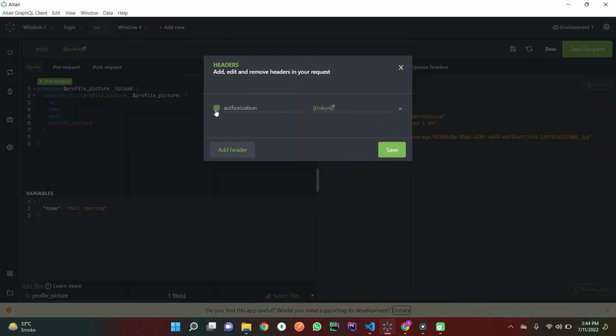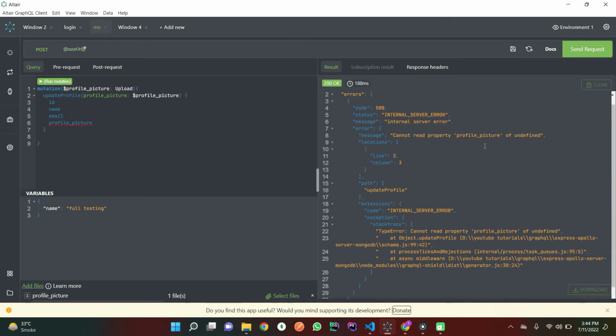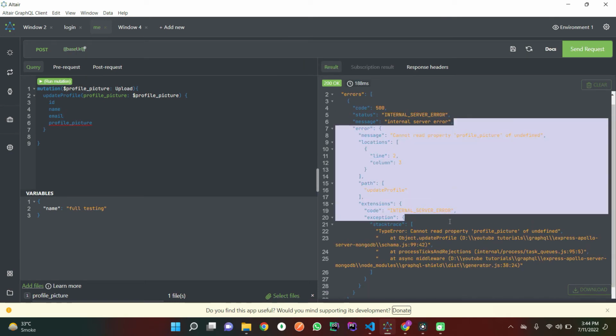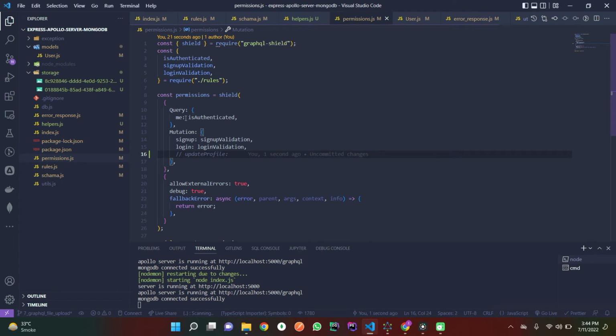If I comment out this header, then it will throw us the profile picture error, because instead of throwing the unauthorized error, it is going inside the function which an unauthorized user cannot go